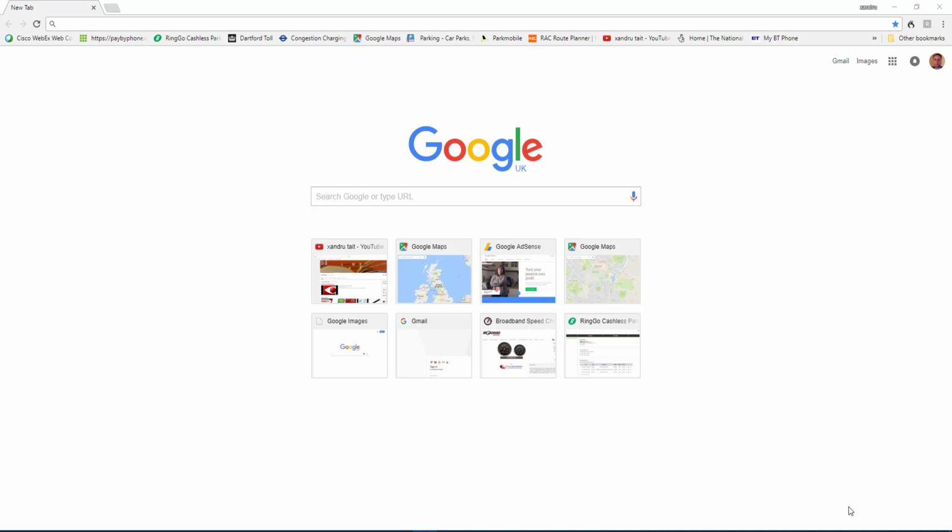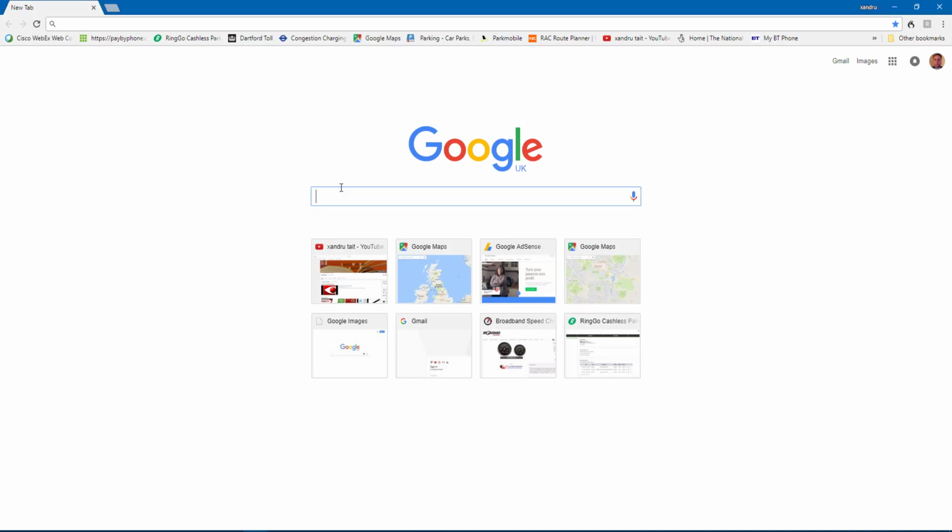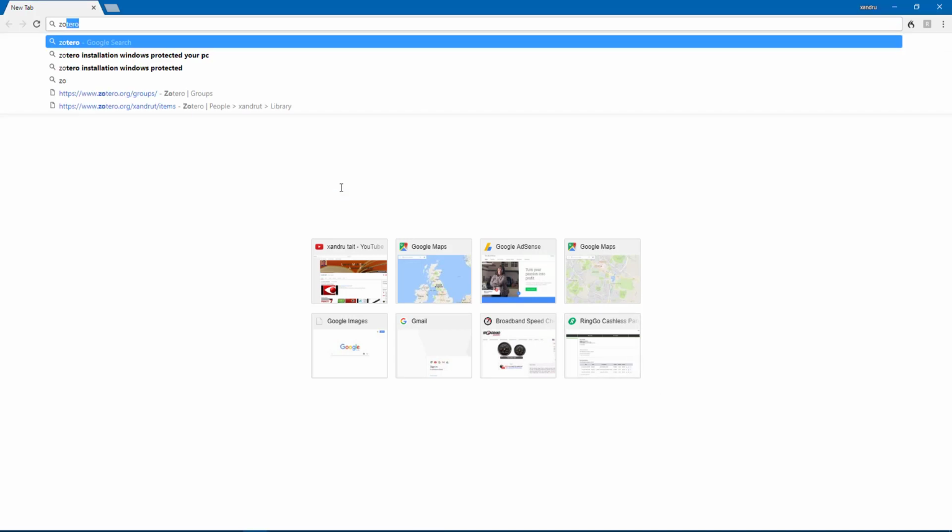It's completely free. You can use it on a Mac and PC, you can use it on multiple browsers, and it's great for storing all your research and sources and even syncing them online and sharing them. So let's get straight down to it. Type Zotero in the search box